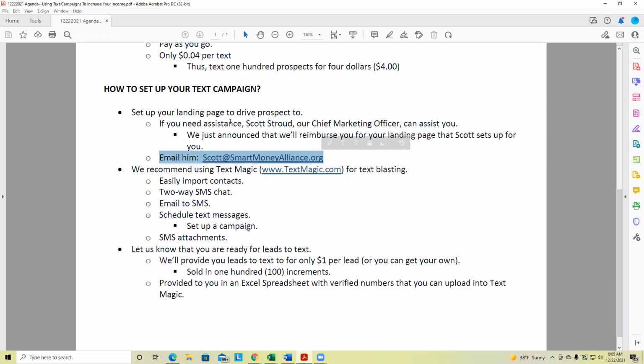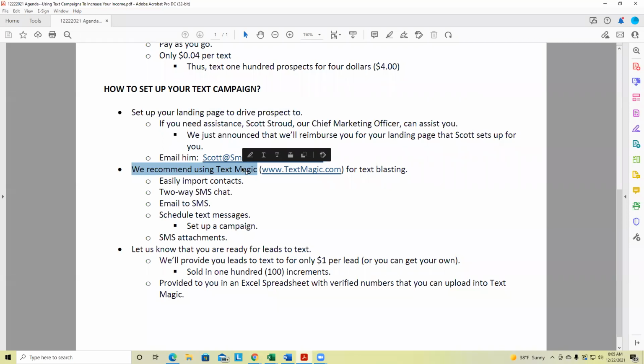We just announced, was it yesterday, that it used to be that we charged for the landing pages for white label partners. Now we have a campaign to get one for free. So that is number one. We need to drive people, in our belief, to your landing page. Now, you can create a campaign, which we'll talk about in a moment. And so there might be different messages going to your target audience, but you always want to have a clear call to action.